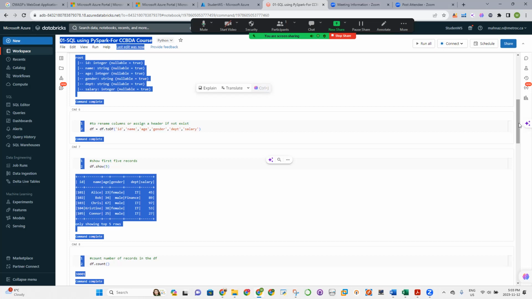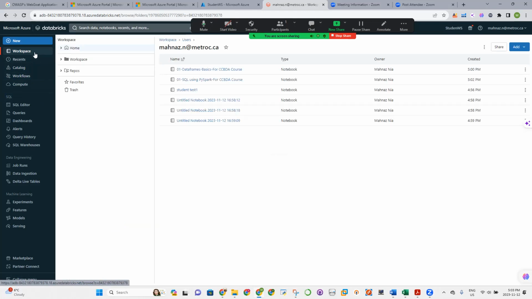Sometimes you have that data set on your PCs or servers or laptop, and you need to import that data to your environment. So for that specific reason, we have to just go through the